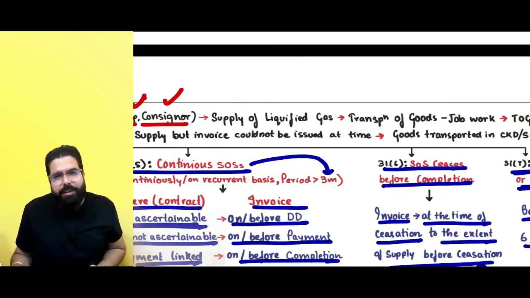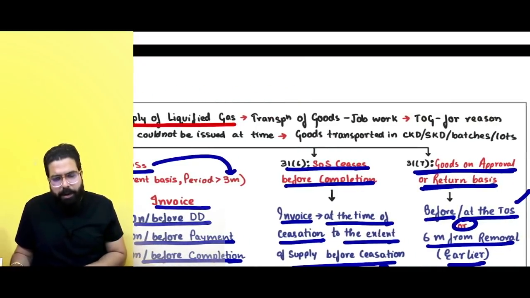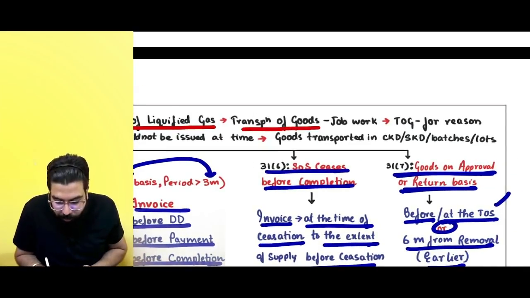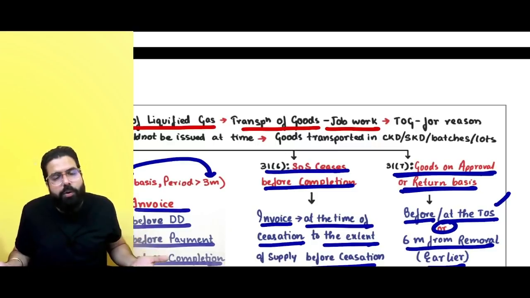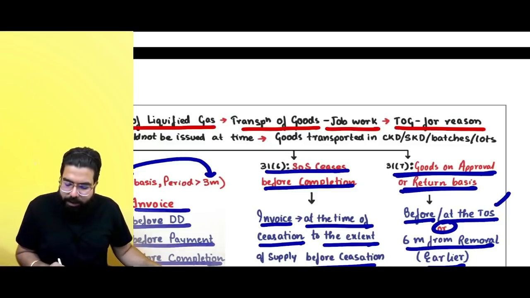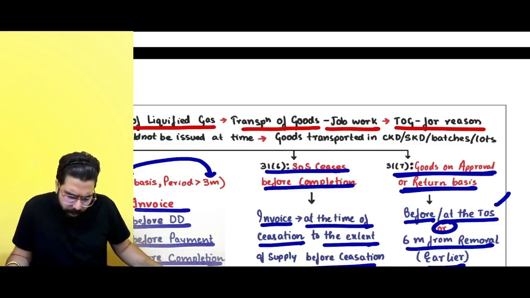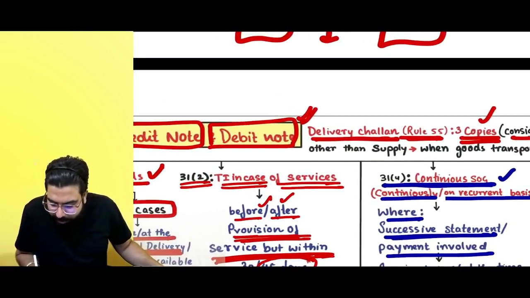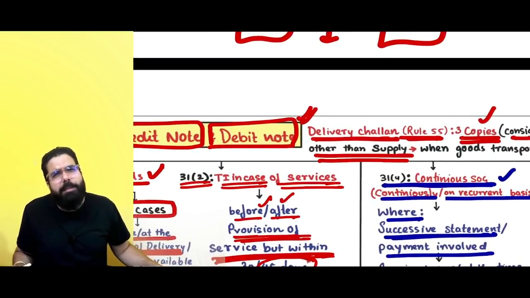Sir, when is a delivery challan required? Whenever you are sending liquefied gas, not LPG, supply of liquefied gas. Transportation of goods for job work: you are sending your goods for job work, it will come back, so when you are sending the goods for job work, you can issue a delivery challan. Sir, transportation of goods for reason other than supply,